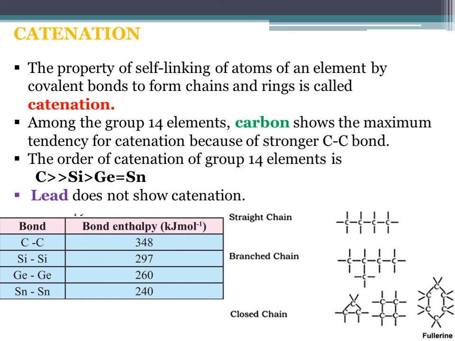Carbon is one such element which exhibits catenation to the maximum extent, and that is because, my dear students, the carbon-carbon bond is very strong and it has tetravalency. Now due to this property of catenation, carbon atoms can form various types of straight chains, branch chains, and ring structures, and this gives rise to a large variety of compounds which carbon can form.